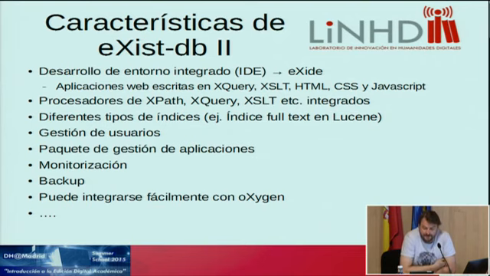And yeah, it comes with this integrated development environment, which is called eXide, which we are going to use later. There you can write all the applications. You can write XQuery, XSLT, XML. You can build whole websites in eXide. It comes with different types of indexes. It comes with the full-text index, which is based on Lucene. Lucene is a different project which was integrated into eXist and made XML aware, in a way that you can query very quickly and very performantly the content of a huge amount of text, marked up text,